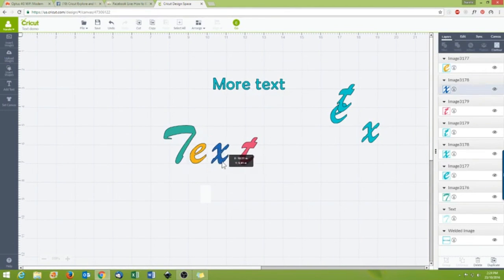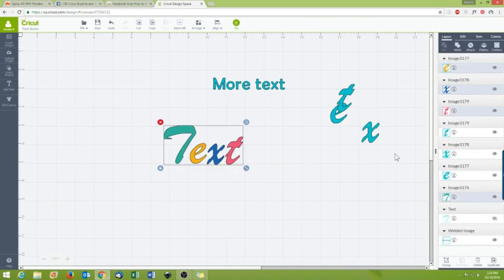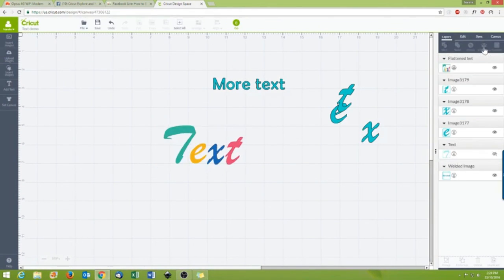If you wanted to cut and print that, what you then do is align them how you want them, and then select them, and you would then flatten them if you want to do a print and cut. So I'll flatten. So what's actually going to happen is that will now be sent to your printer, but when it prints, it will print like that. When it goes to cut, it's still actually going to physically cut around each individual letter. If you don't want that to happen,